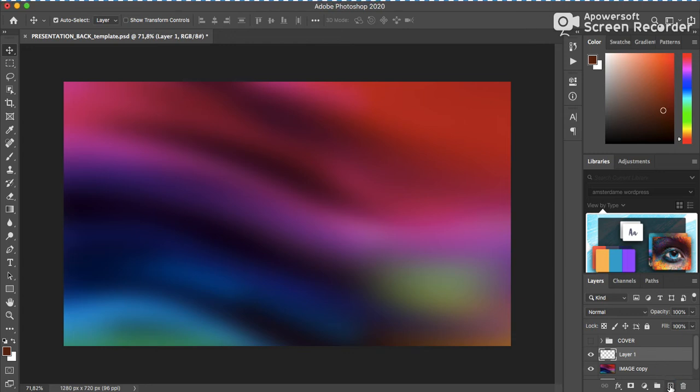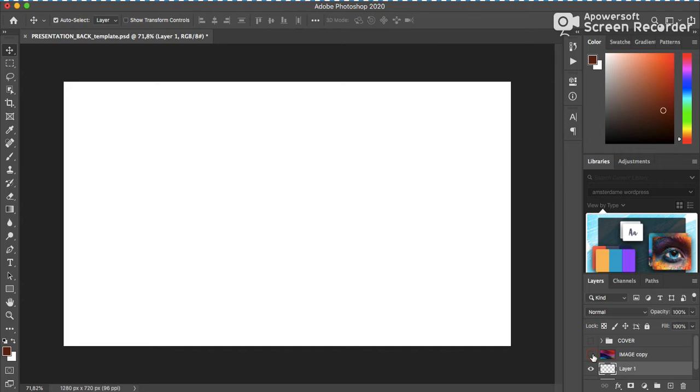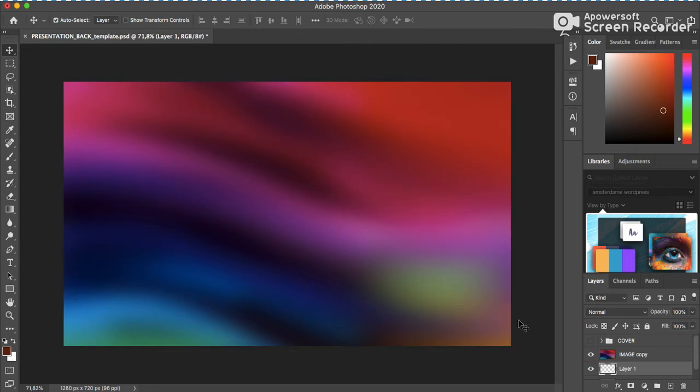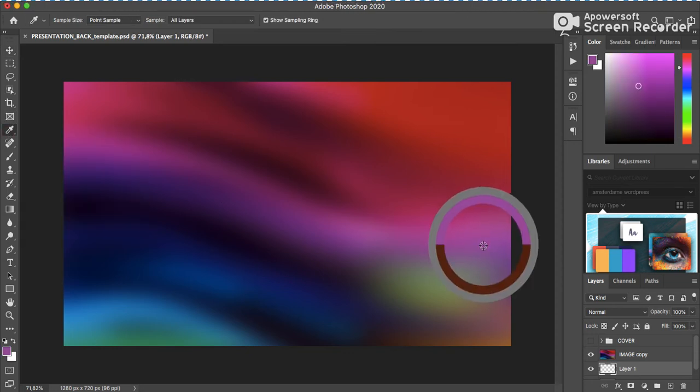So I clicked on the plus sign here to create another layer, which is going to be underneath. So I have to bring it down here. So I have the copy of my picture here, and I have an empty layer. What I want to do is use a part of this gradient, but I want to make it fade to a more uniform color. So I'm just going to use this tool here, like the